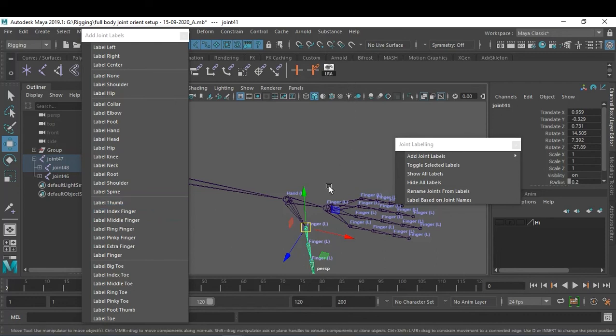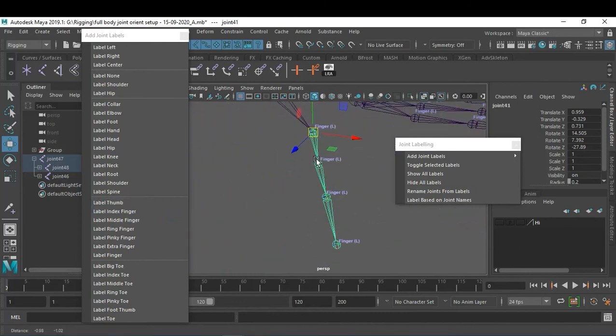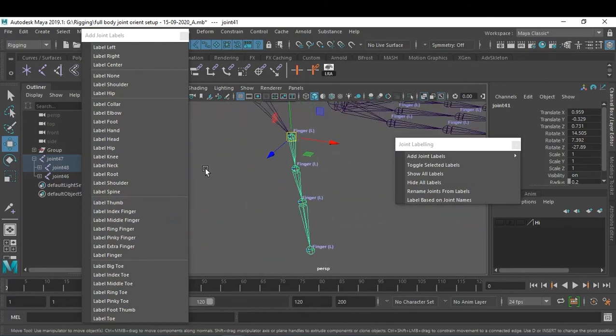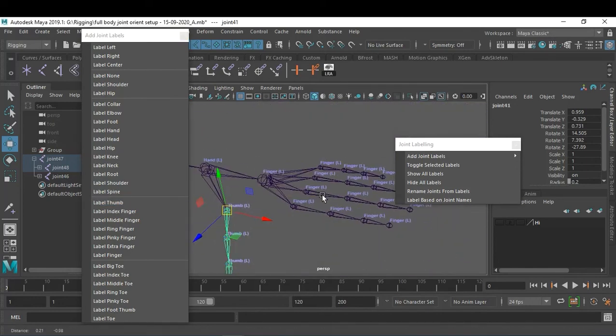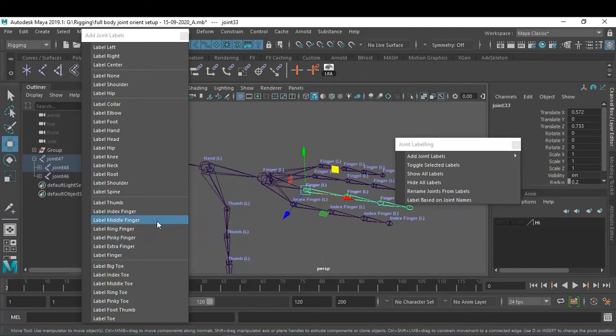Yes. Now you can respond to me like this. This is your thumb. Now see this thumb. This is what? Index. Middle. After middle, what is this?